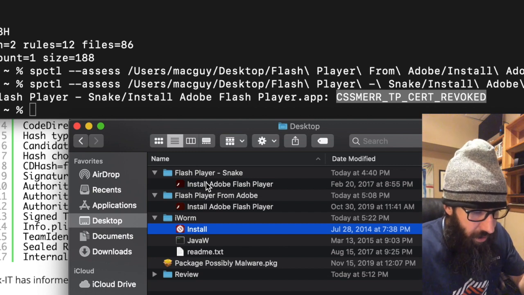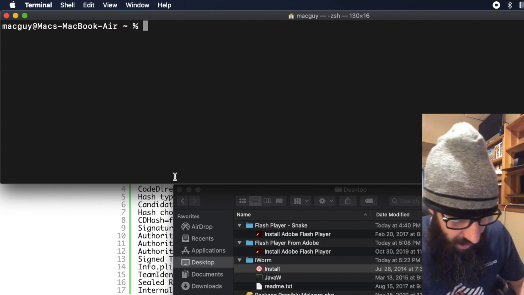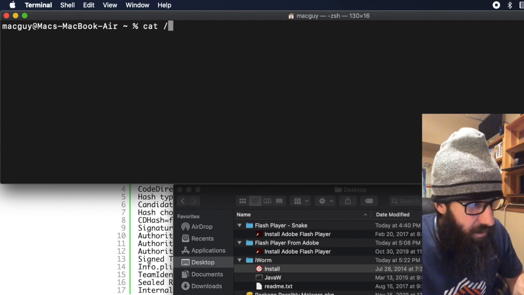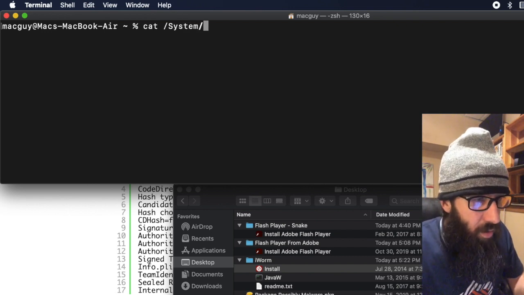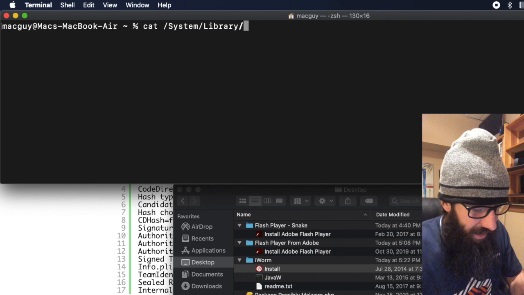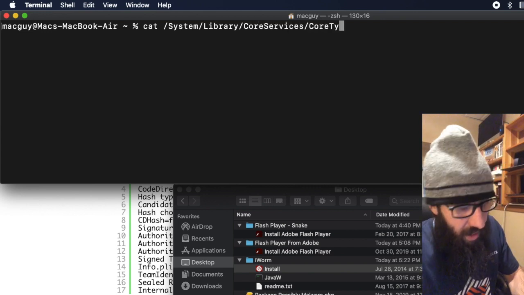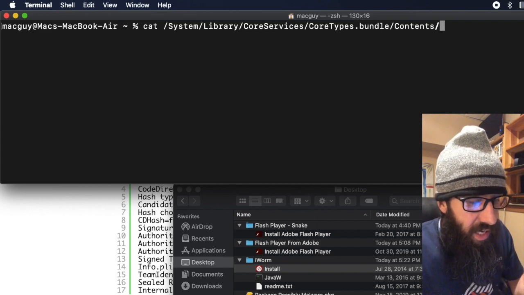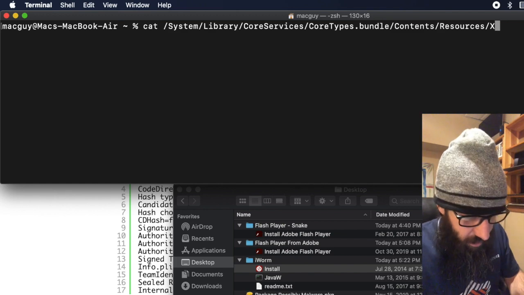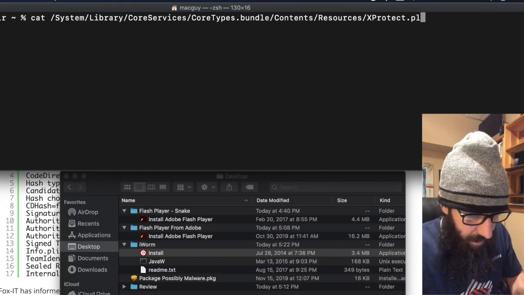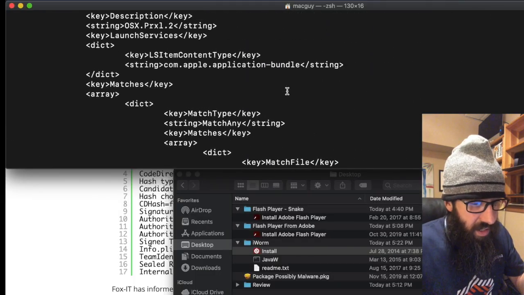So let's do two more things. We're going to do a Command K to clear that screen. And we're going to want to do a cat, and we're going to grab the XProtect file and see what is in that list. So core services, core types, and then bundles tab, contents, and then resources, XProtect .plist. If I just hit go, it's going to show me this huge list of